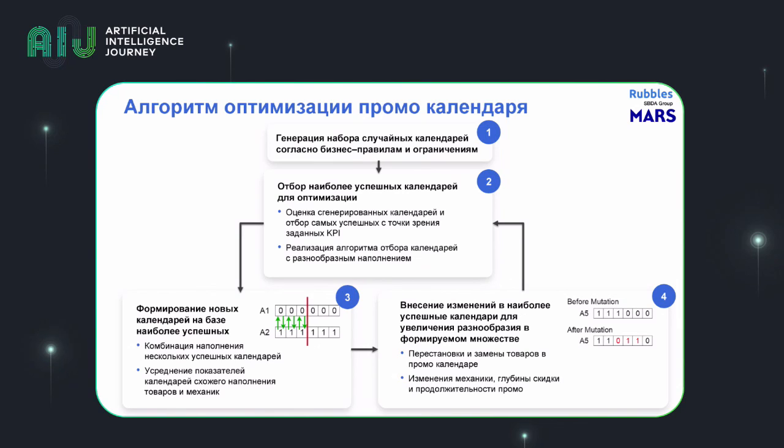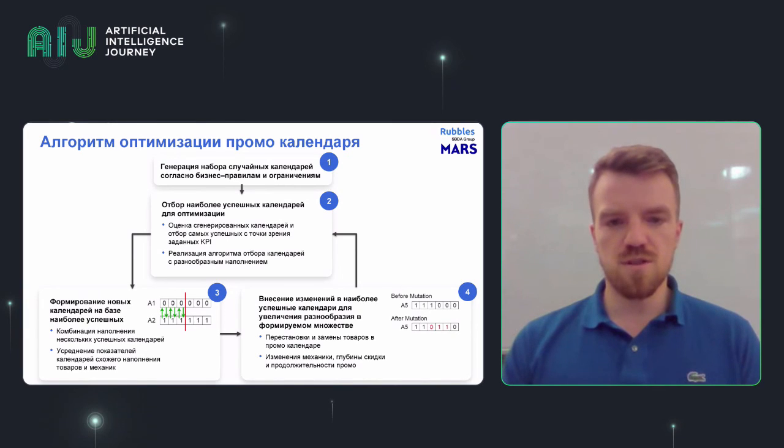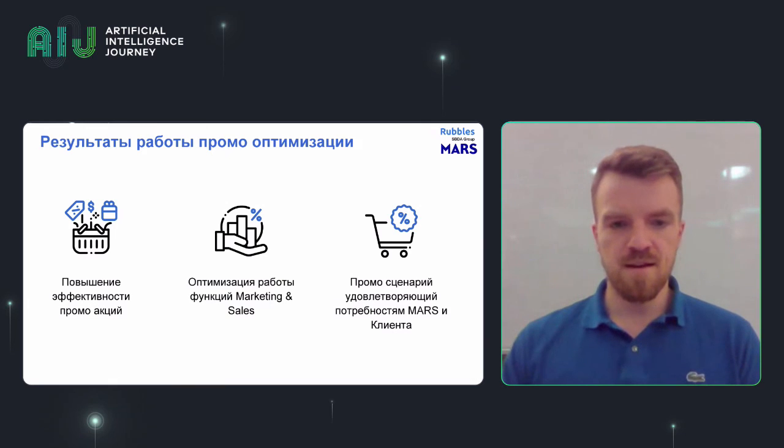we actually complete this cycle again. That is, we select the best calendars out of the new universe. And we keep doing it, we keep iterating until we develop a population, a universe of the most effective promo calendars. This is where we can actually call it a day. We can score them again using our model, and we can select the winning calendar or a set of winning calendars, which we will then submit to business units for their approval.